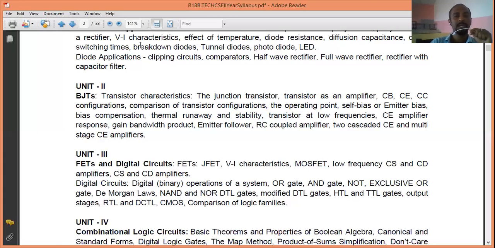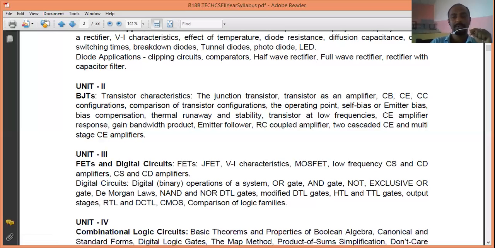So whatever you studied here, you will be extending that understanding to the implementation of the OR gate, AND gate, and all the other gates. So how you can make them. Only here will you be dealing with some electronic circuits where you will see diodes and transistors come into the picture. After that, you will be going into digital, that means only gates you will be talking about. So gates, that is the OR gate, AND gate, NOT gate, XOR gate, and all that you will be studying. So that will be the digital electronics.